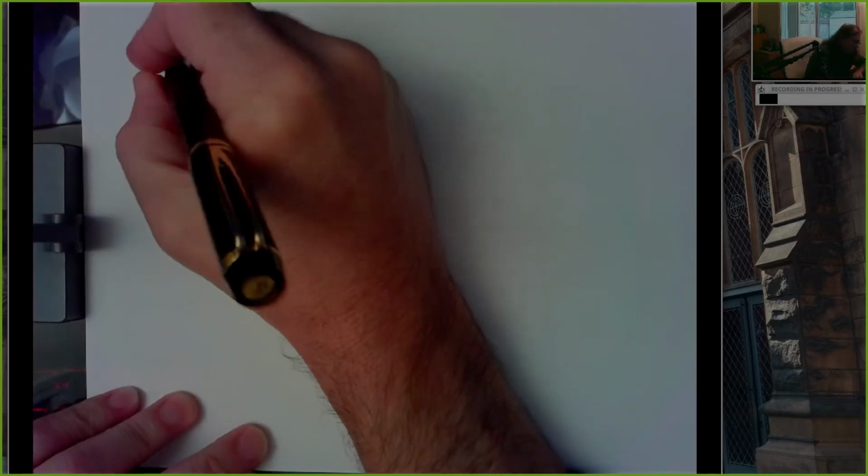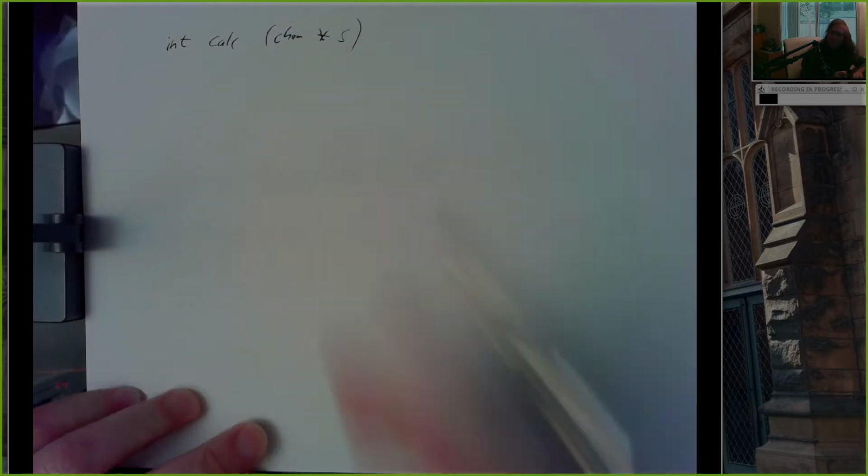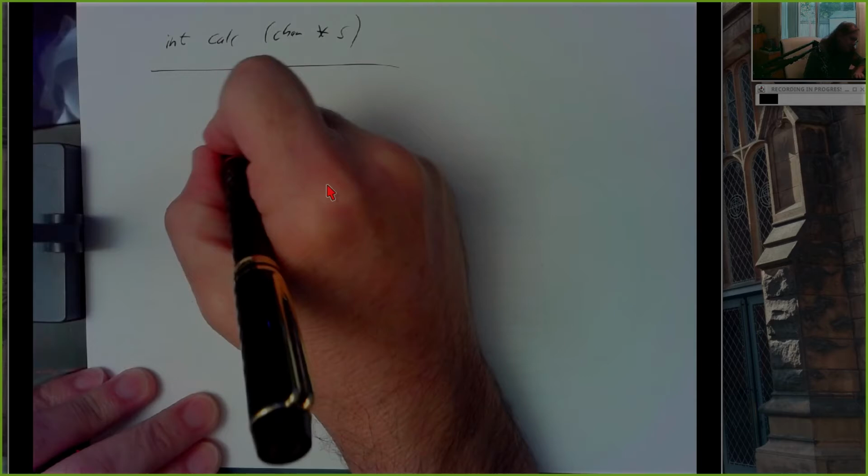So yeah, let's talk about how to do this. So you're going to declare your function, whatever you want to call it. So let scanf do the hard work for you.